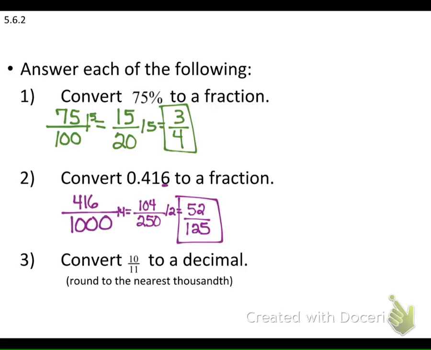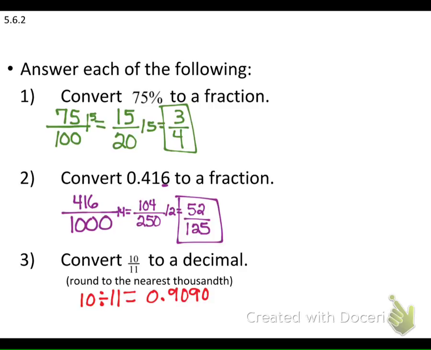Look at your notes. How do we change that fraction to a decimal? You have it on your paper. How'd you change a fraction to a decimal? Okay, 10 over 11, what'd you do with it? You divide. Good. So you took 10 divided by 11. And when you do that, what do you get? 0.909. Okay? We're going to round it to the nearest